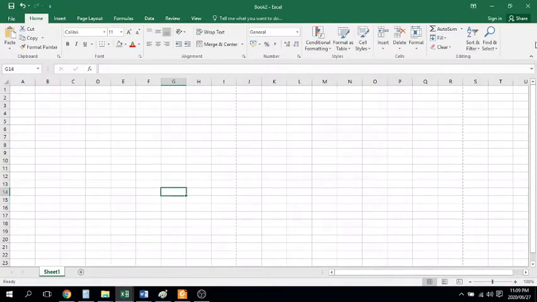So I've opened a blank spreadsheet and I'm starting in cell A1. I'm starting with the title, Hypermass